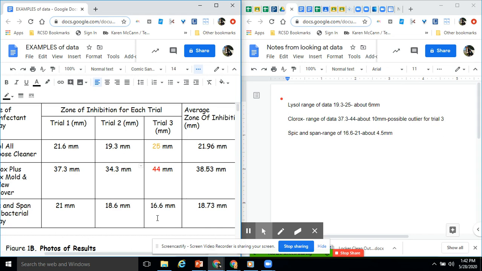So looking at this data, the first thing I ask you to do in your conclusion, just so you know, is to state basically, were they effective? Did they all basically give you at least some antibacterial capabilities by having some kind of zone of inhibition? And the answer is